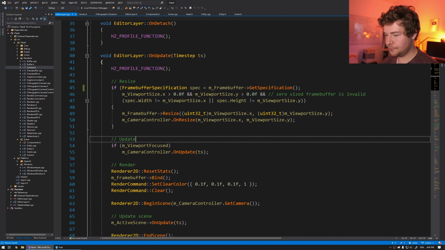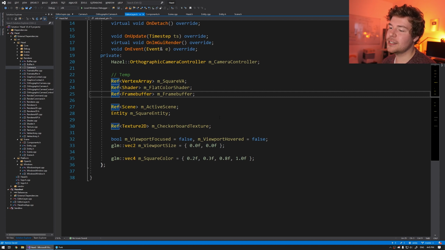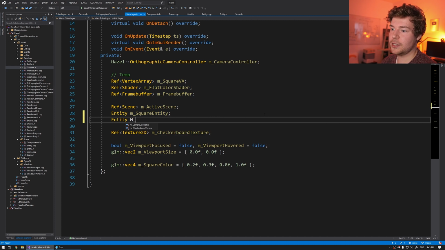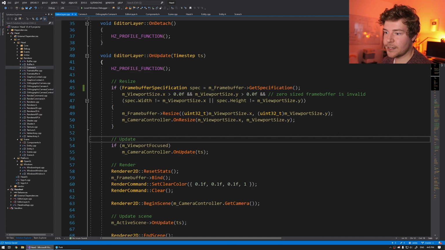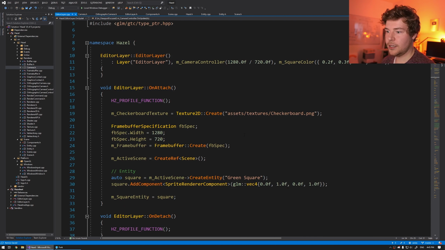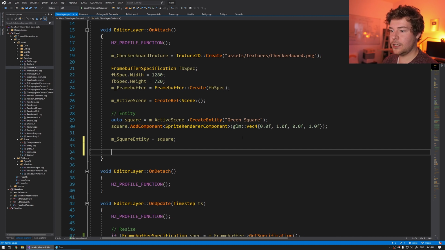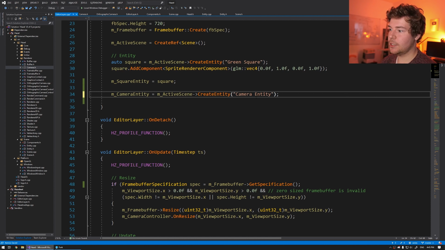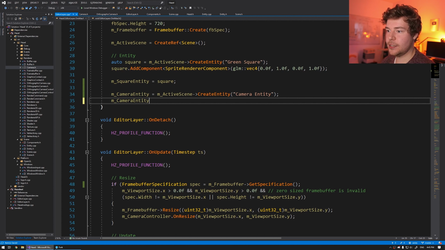We'll go back to edit a layer. We don't really need to do this technically, but let's do it anyway. Let's make an entity here called camera. Camera entity, and I'm being really explicit here. I'm specifying that it actually is an entity just so that it's easy to read this code. All right, so we'll say camera entity equals active scene, create entity, camera. I'll call it camera entity again, just to be explicit. Camera entity dot add component. So it already has a transform, so we just need to add a camera component to it. And then the camera component will of course take in a